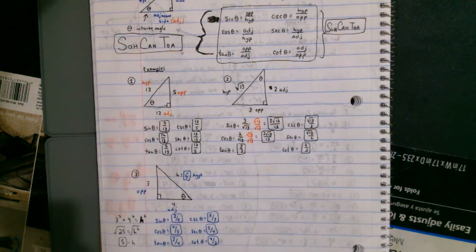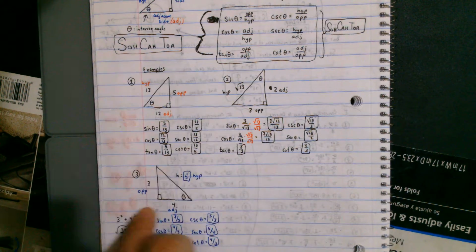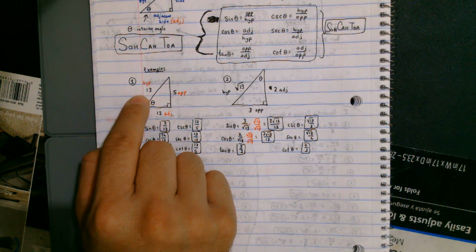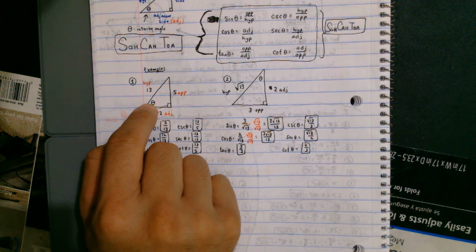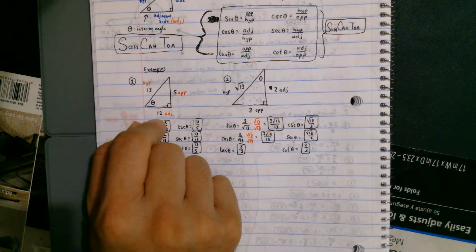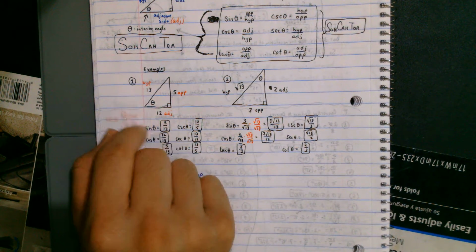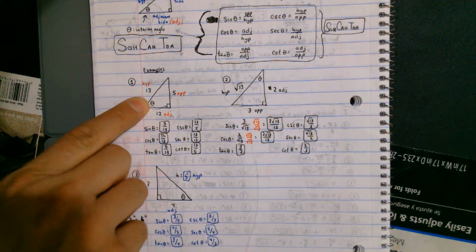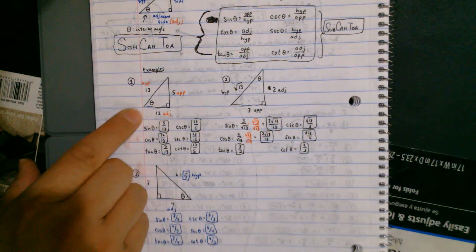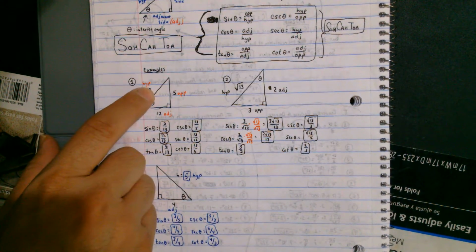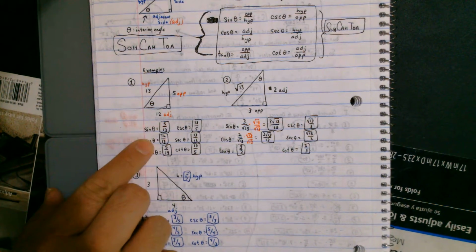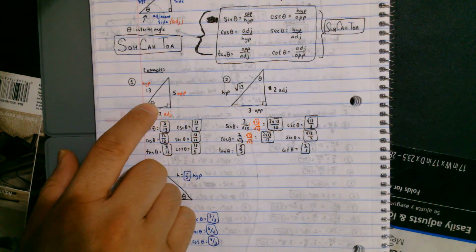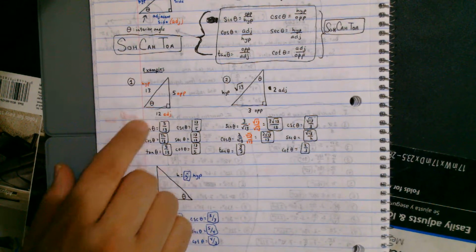So using that idea, you're just getting pieces of right triangles here. If you're given a theta here, and you're given that its opposite side is 5, its adjacent side is 12, and its hypotenuse is 13, then the question is, how do we get the trig functions? So sine of theta is opposite divided by hypotenuse. That's why I get 5 over 13. Cosine, adjacent over hypotenuse, 12 over 13. And then tangent is opposite over adjacent, TOA,